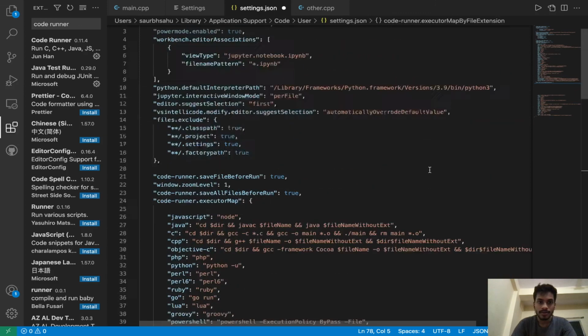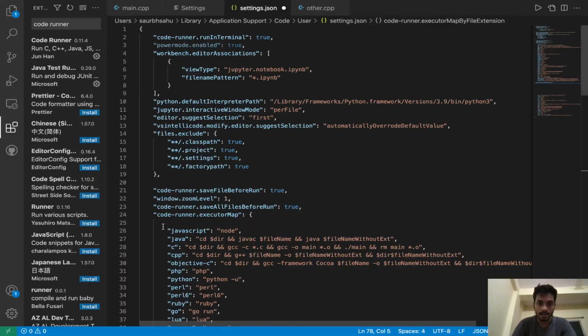We need to search for cpp, and here we get cpp, and after this we need to change everything. Okay, first of all let me save that command.